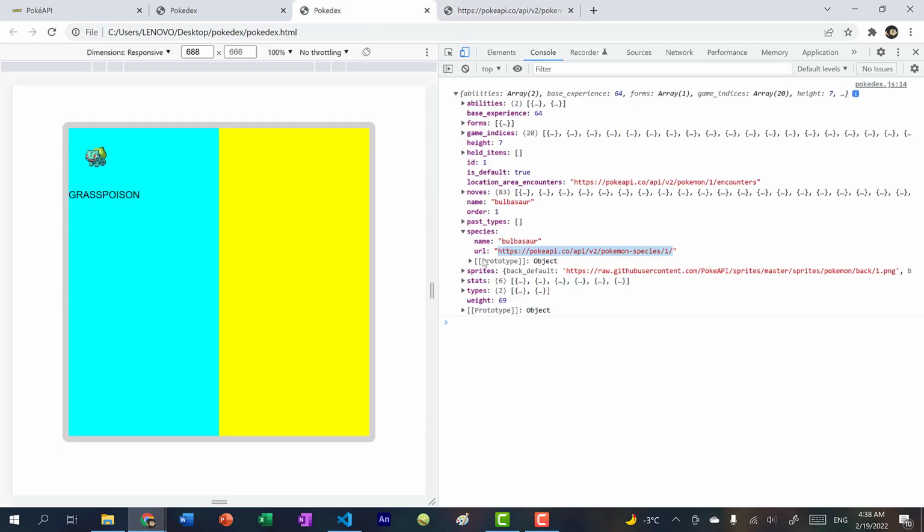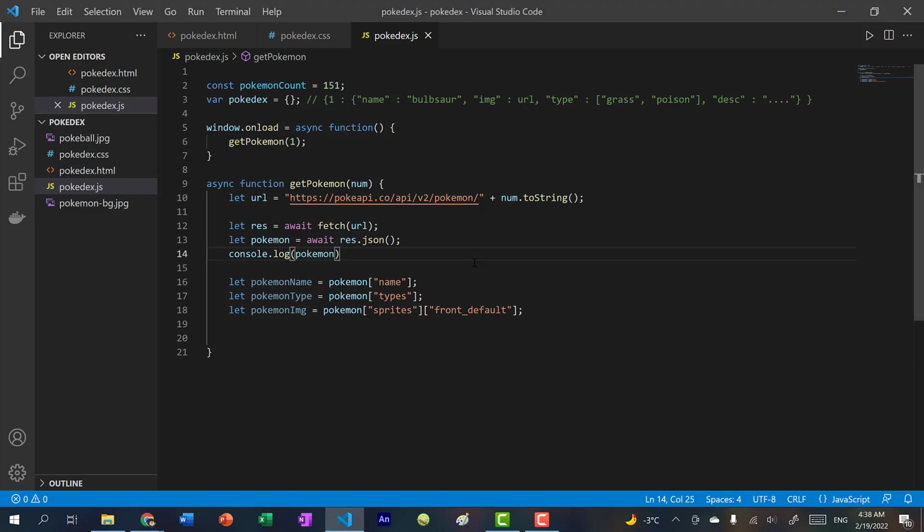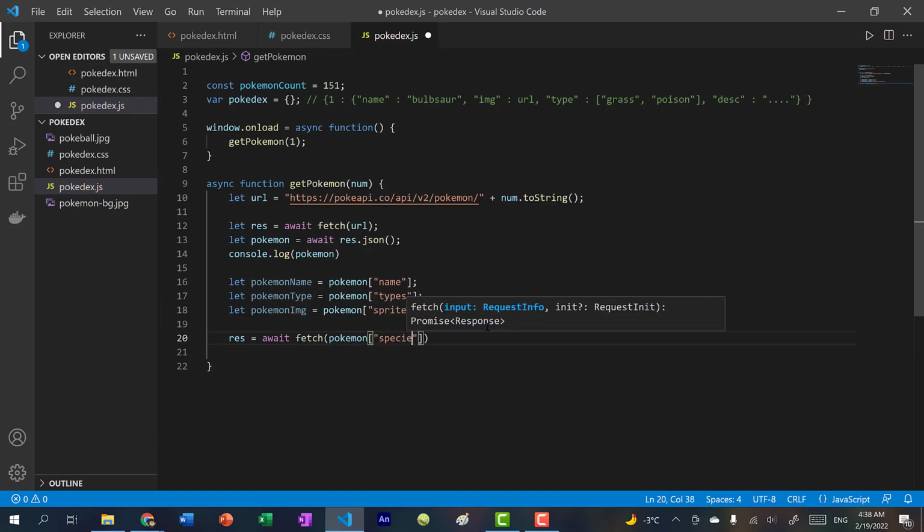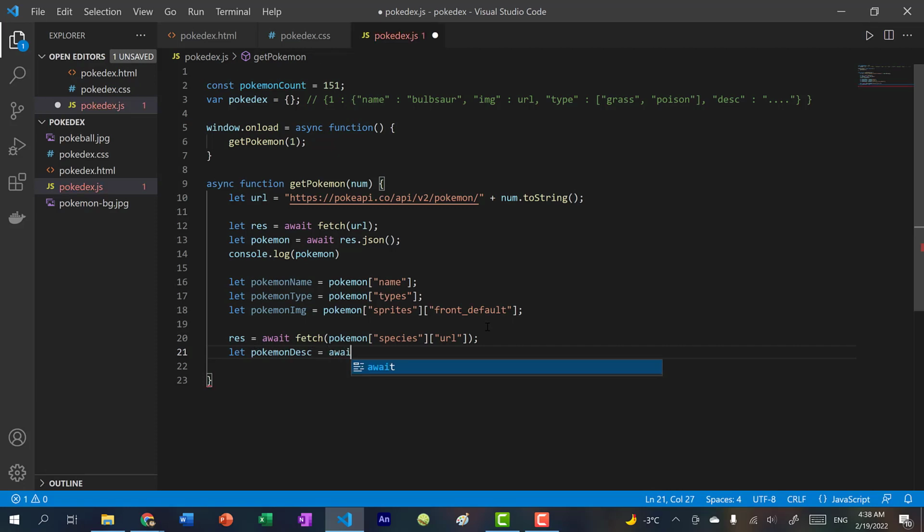So we're going to get that URL, and again, when we're fetching the URL, we're going to call await on that fetch function. So res equals await fetch pokemon.species.url, and then we're going to do let pokemonDescription equal to await response.json.